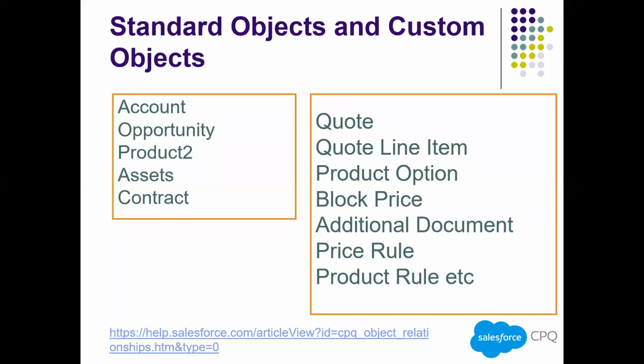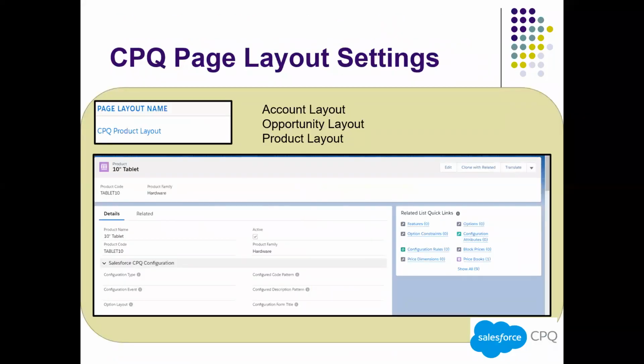Okay, I'm moving to my next slide deck. My third step is layout configuration. Salesforce CPQ, as I told you, uses the standard objects product, account, opportunities, assets, and contract. That is why they use the standard product object. So in this scenario, you have to enable those fields and related objects on the layout in order to configure